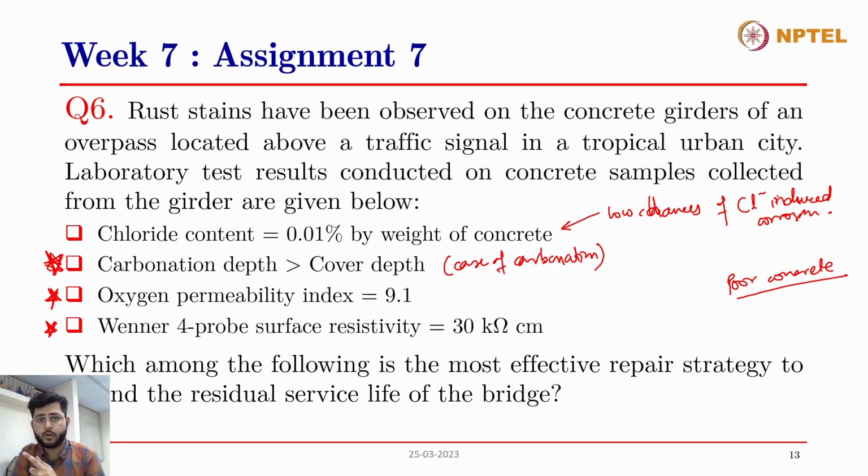right? Based on the exposure condition and the location of this bridge, we know that it is away from the coastal environment, and therefore it is not exposed to a chloride-rich environment. But again, we did the chloride content test, and we found that the chloride content is low. Therefore, there is less possibility of admixed chlorides in the water, and the amount of chloride already present in the concrete is sufficiently low, below the chloride threshold, and therefore the chances of chloride-induced corrosion are low.